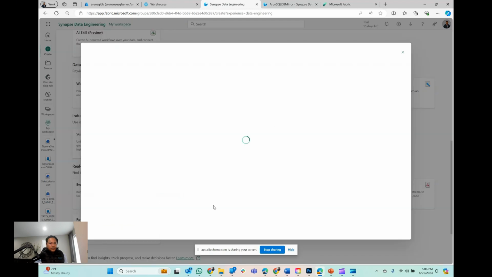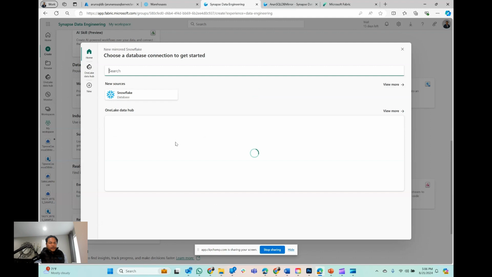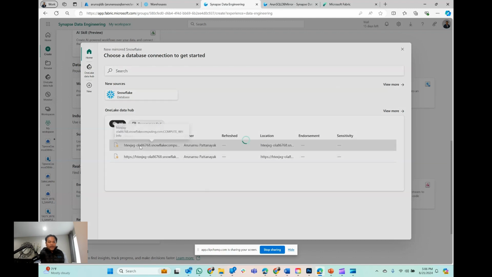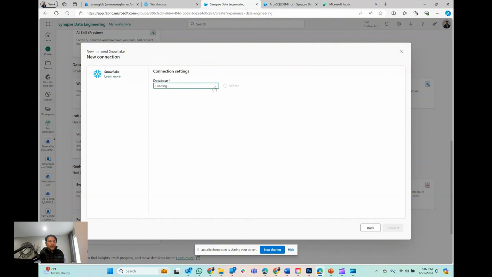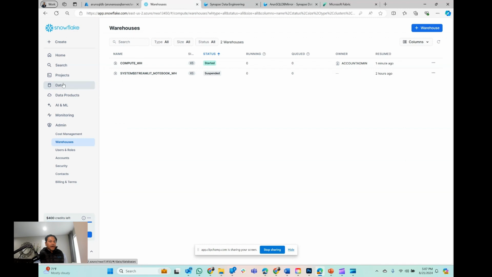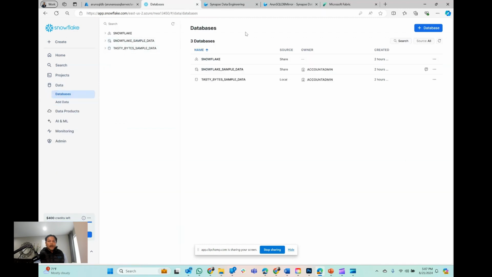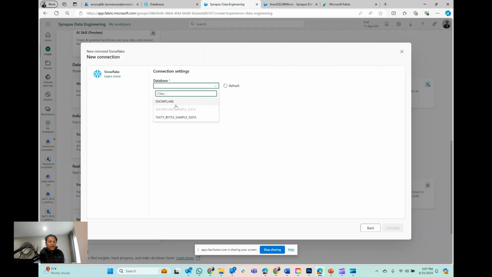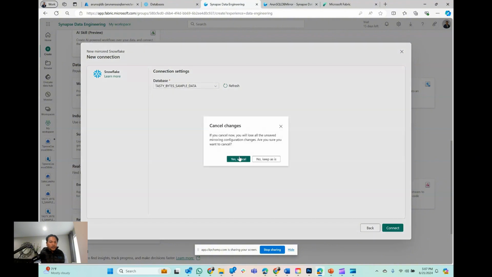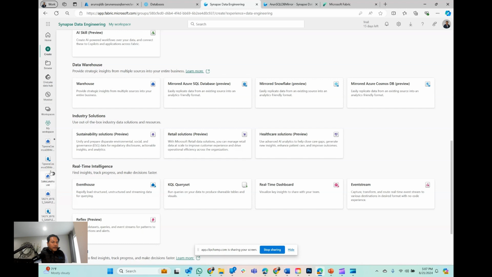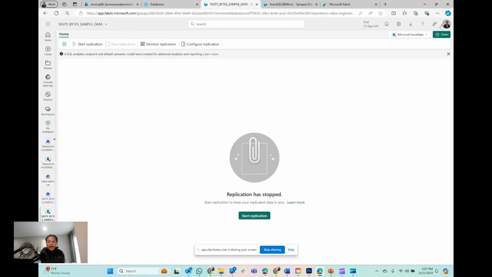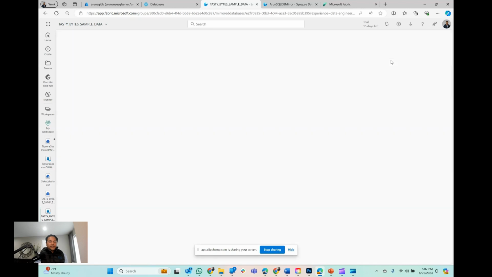So if you go into one of my existing Snowflake connections, you can see that it asks for the database that you need to select. So I created this tasty bytes database, right? So that's what I am mirroring. Okay, so you can see it allows you to mirror the original Snowflake as well as the tasty bytes database that I created. So this is the one I used to mirror. Now if I go back to my Snowflake mirror, here it is, and I can select my SQL Analytics endpoint,